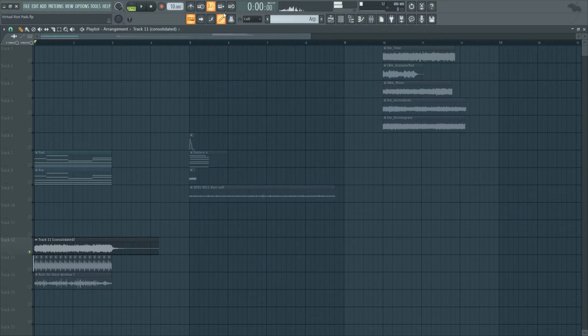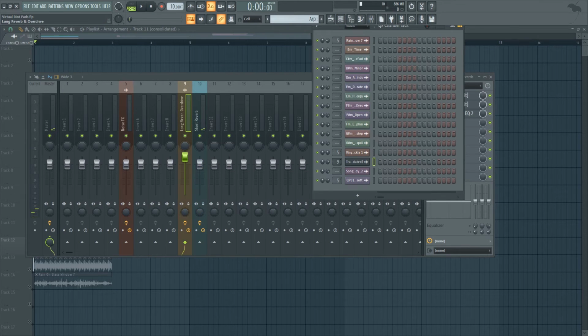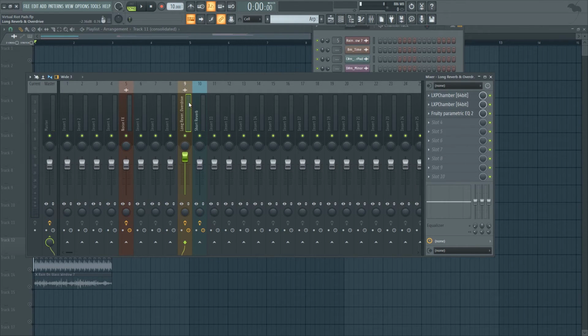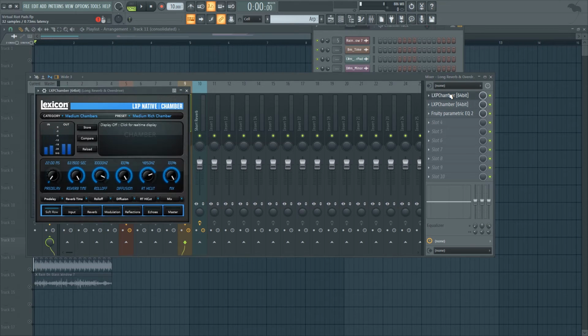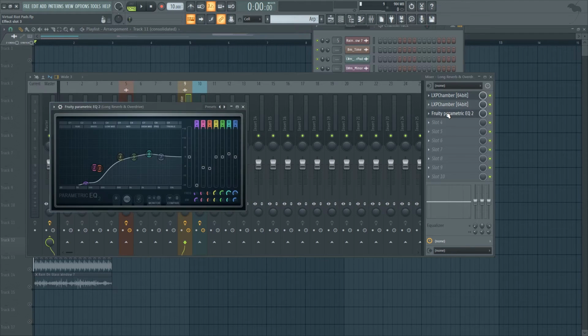Which already sounds like an atmospheric pad. And I also made another effect bus, which is this one. And this one basically has very long reverbs. As you can see, 60 seconds on the decay time, and it's 100% wet. And then there's another one for an additional 13 seconds on also 100% wet. And then on the EQ, I'm just removing a lot of the low ends, and I'm boosting a bit of